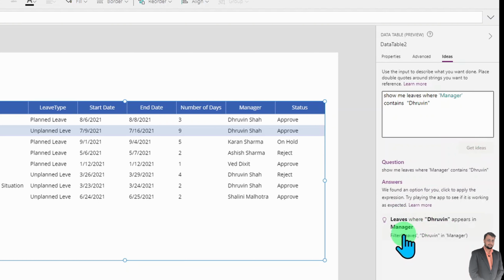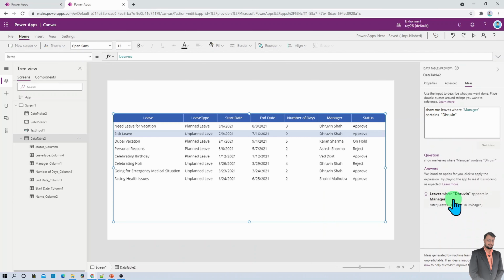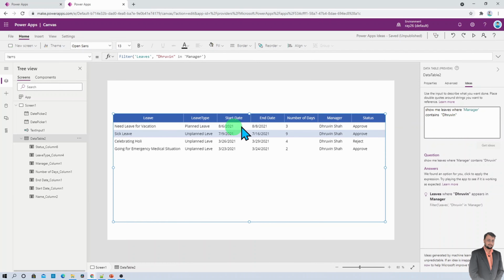So it will provide you this formula: Filter leaves, Dhruvin in manager. So let me just apply this and see the result, and here I am.